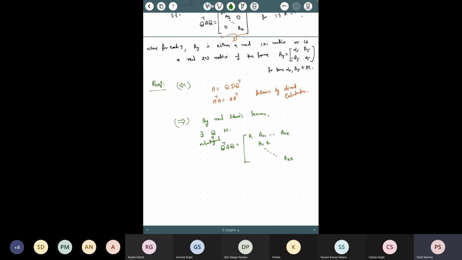This is A12, A1K, and so on. This is A22 here, and A23, and so A2K, and so on. Okay, so these are diagonal. So where this R